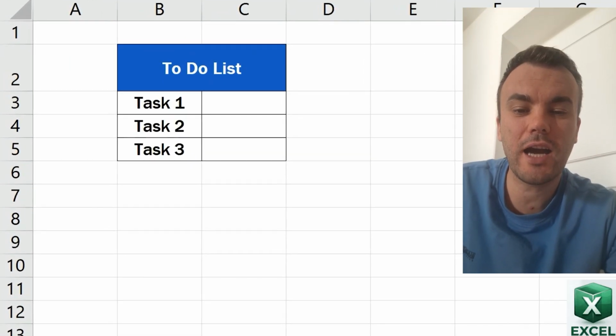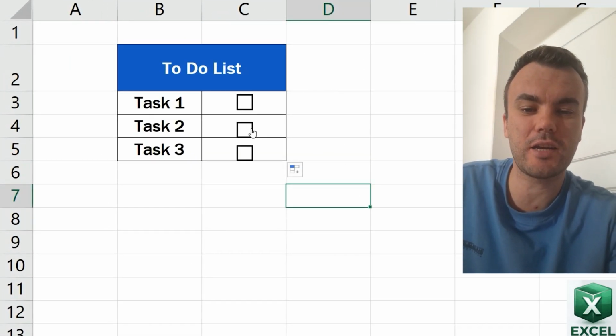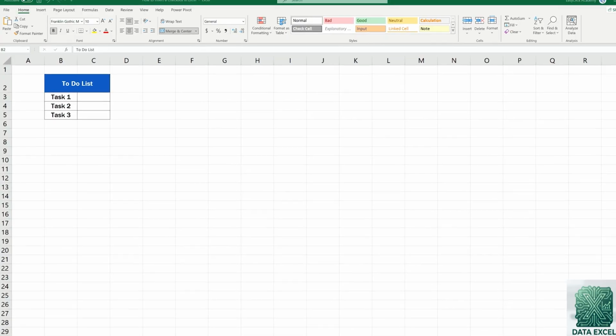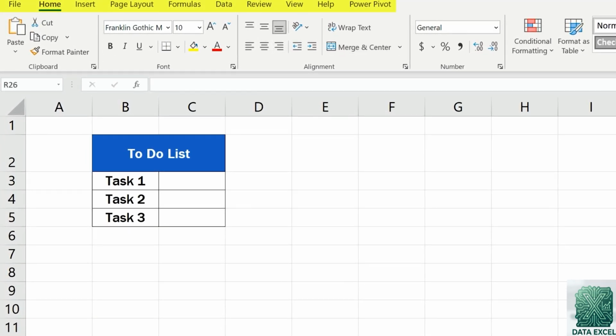I wanna show you guys how to insert a checkbox in Excel. Let's go! To insert a checkbox in Excel, we need to make sure that the Developer tab shows on the